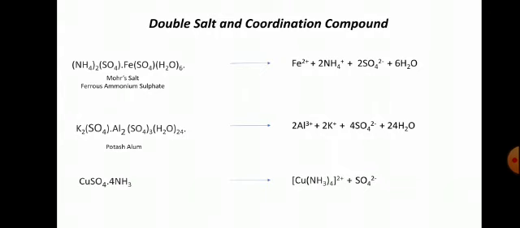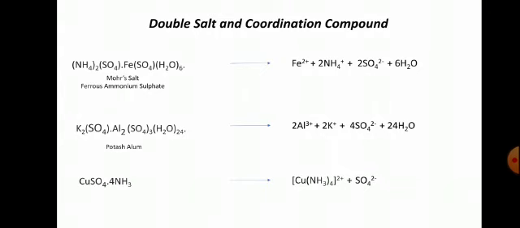Now, when these salts were hydrated, they got ionized into their constituent ions. Like Mohr salt got ionized as Fe+2, ammonium, and sulfate ions. Potash alum got ionized as aluminium, potassium and sulfate ions. But not all double salts were the same. Some compounds which appeared like double salts did not ionize completely.